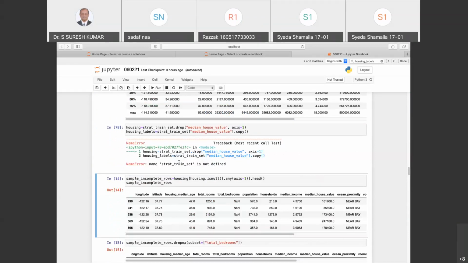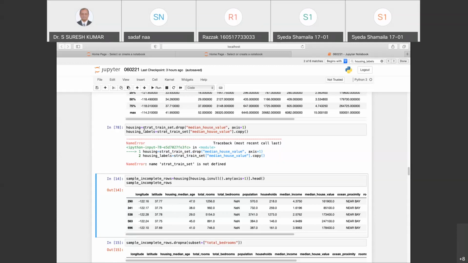Okay, so I say my strat train set median house value, and it says strat train set is not defined. Okay, it says here I have defined this strat set.